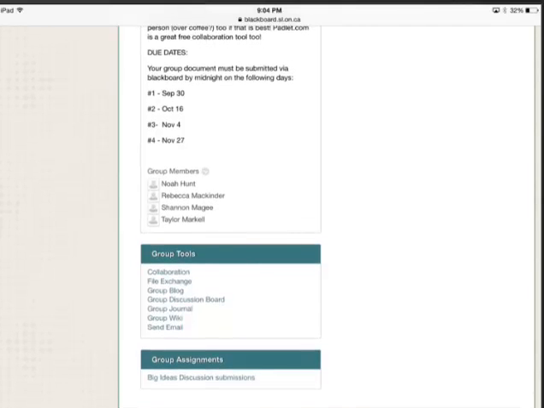Below your group tools, you have this assignment. So it says big ideas, discussion, submission. So that's where the scribes are going to submit your documents. You guys will all use that same link. So if you click on there,